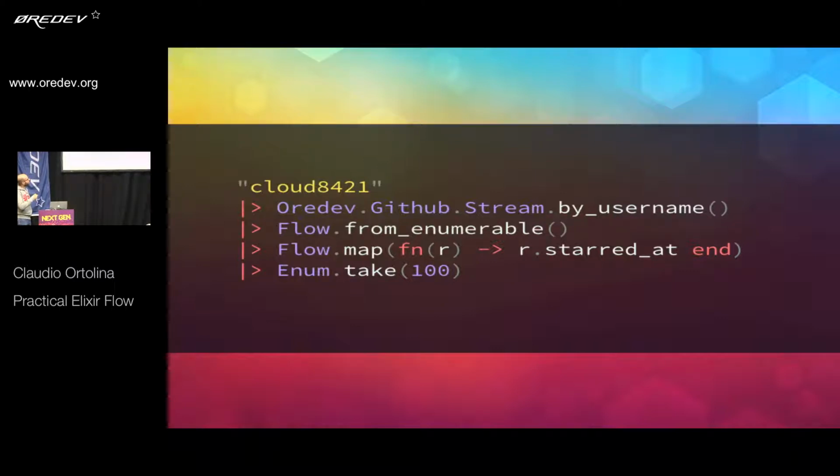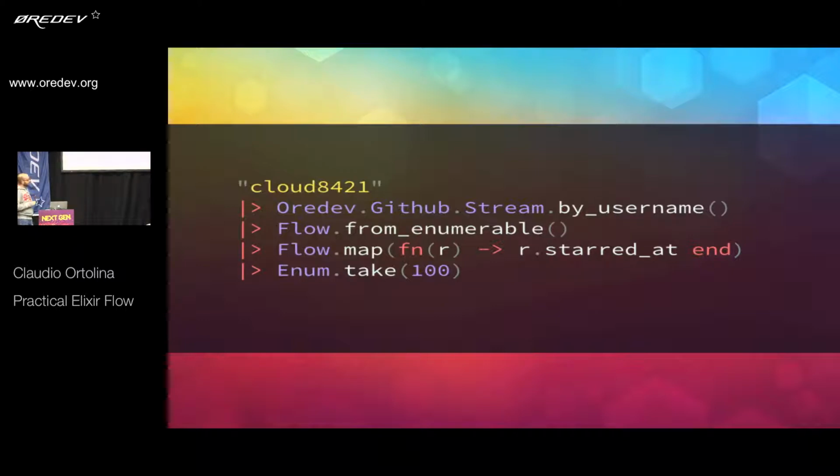But at this point, you can think about this as a way to describe a computation without really executing it, because the return value of this Flow.map is essentially a data structure, similar to a stream, that says, this is what we're going to do, but it doesn't do it until you start to call Enum.